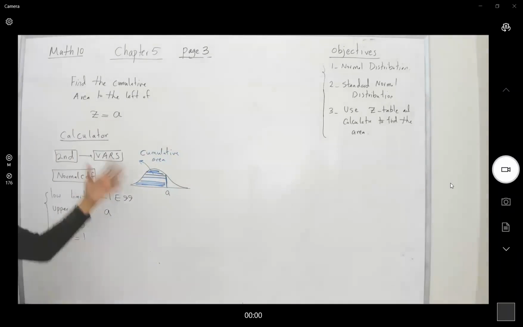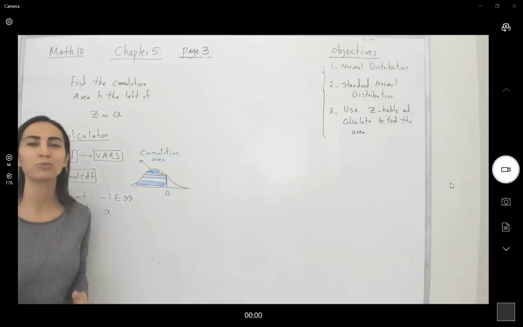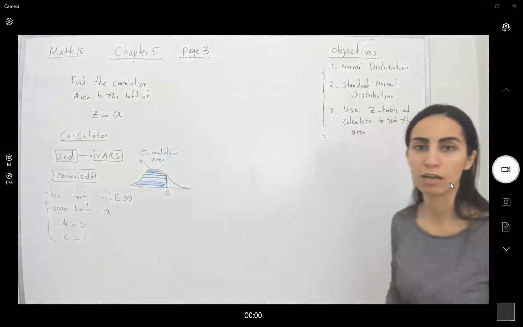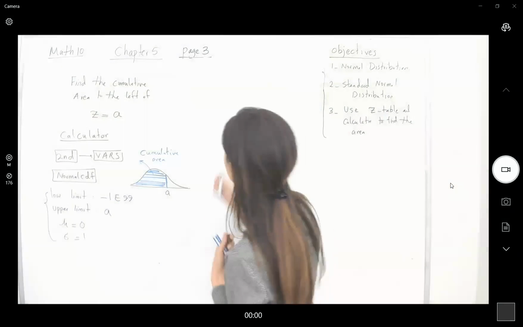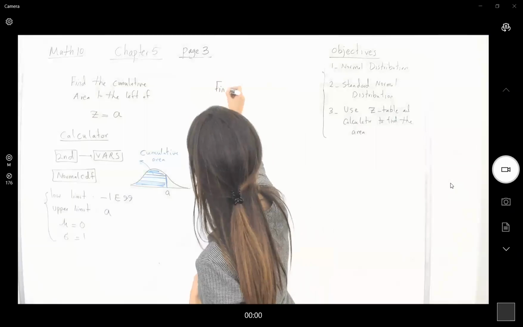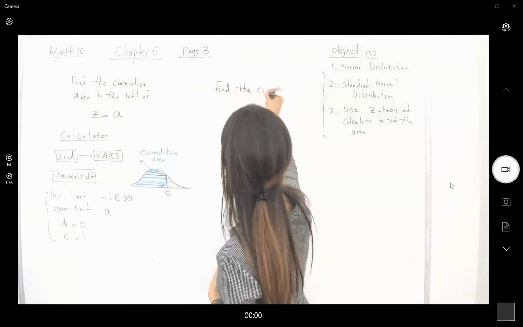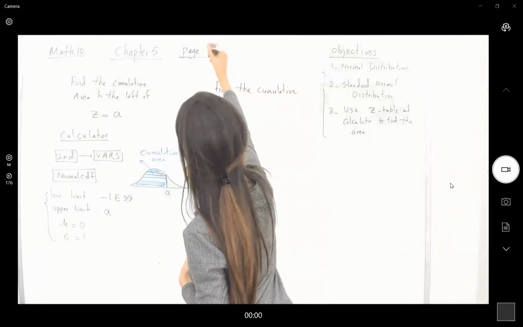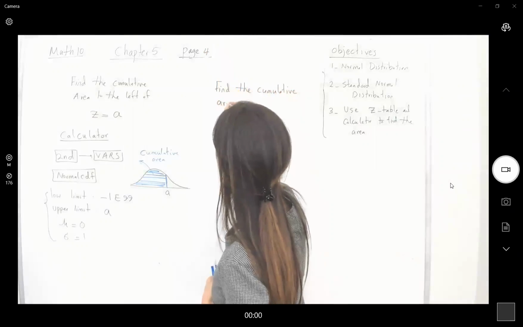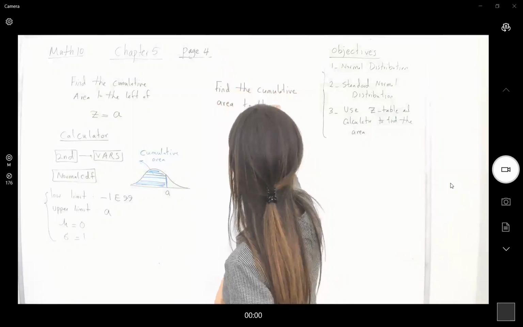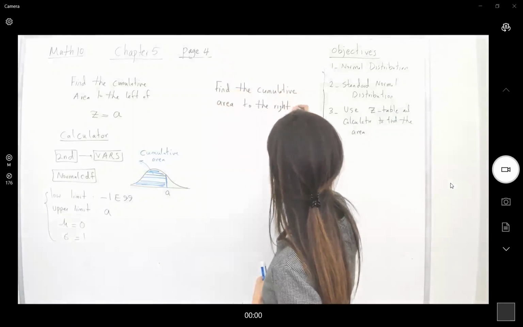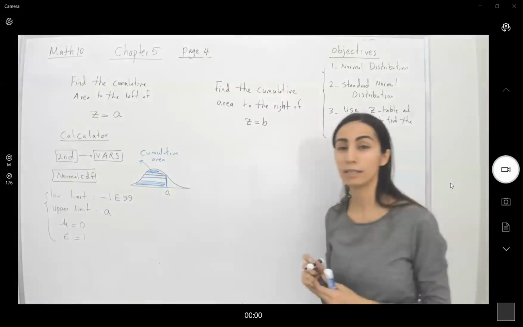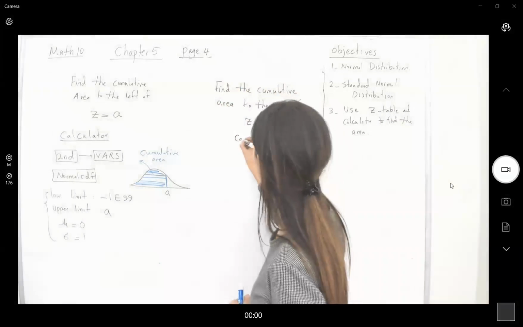I expect you to ask, what if the question says, find the cumulative area to the right-hand side or in between? What should we do? So if the question says, find the cumulative area to the right of, suppose your z is equal to b,